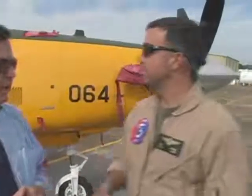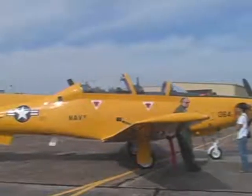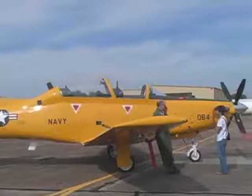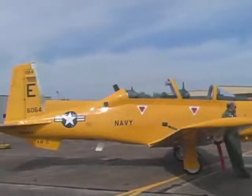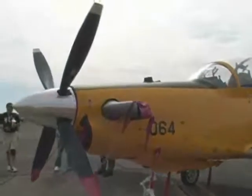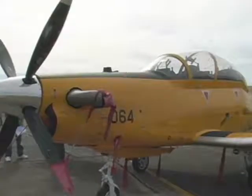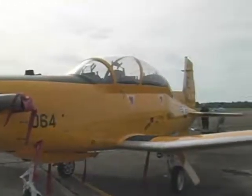This particular aircraft is known as a T-6B, a Texan II. Back in the 1940s, the Navy and the Marine Corps and the Air Force had the original trainer known as a T-6, and this is kind of a commemorative, but it's the newest aircraft bought by the Department of Defense. This particular aircraft is painted yellow in commemoration of the 100th anniversary of naval aviation, which of course is occurring this year. And so we've been traveling around the air shows and showing it off, but its purpose